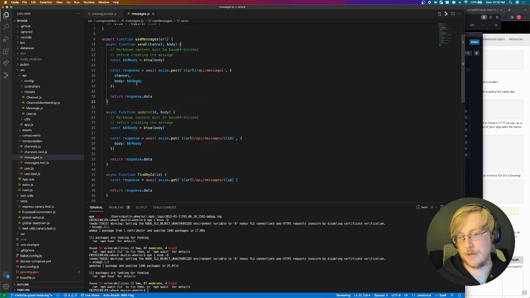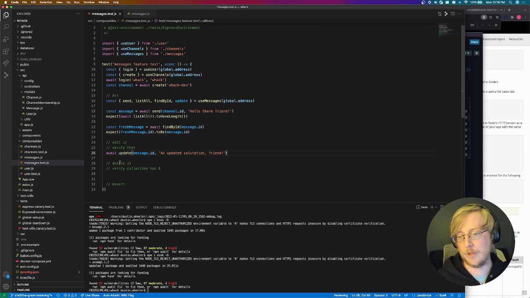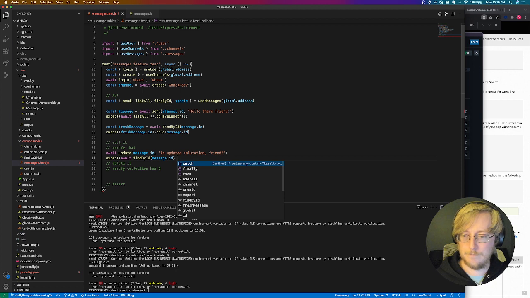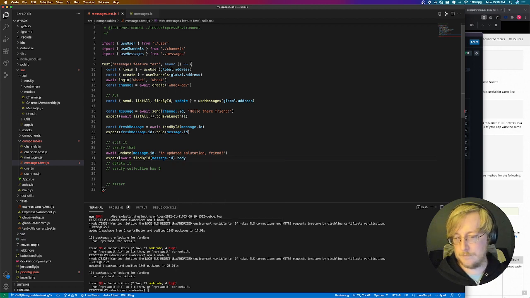So I think this will return our message, but what we're going to want to do is go ahead and pull it again, and then we'll set an expectation on this message, this body we set. So actually that'll serve a great purpose: it'll fail because it'll be base64 encoded, and then we can go fix that, and we'll kill 2 birds with 1 stone. So let's expect await find by ID message.id body,